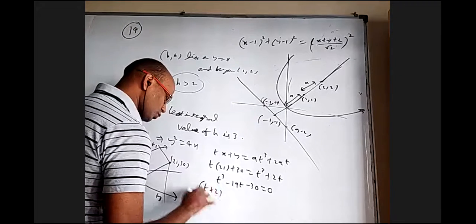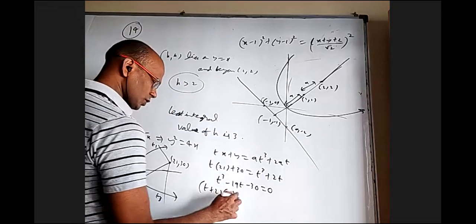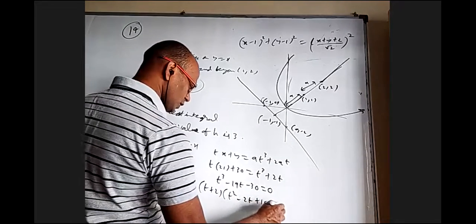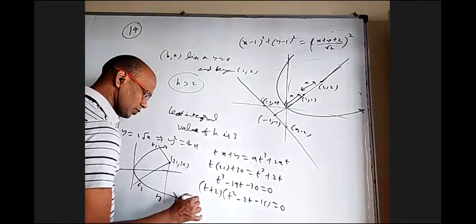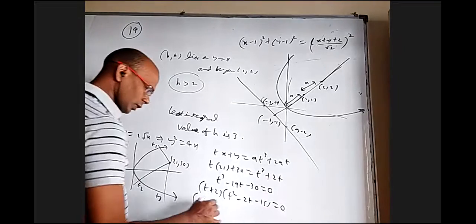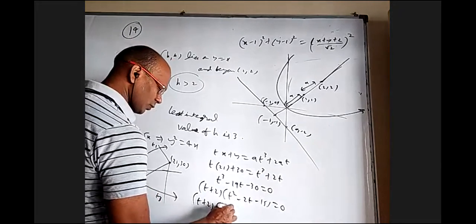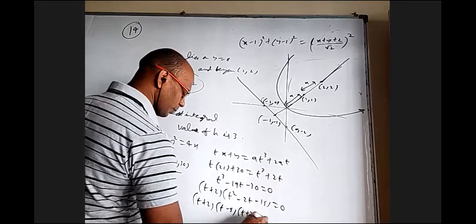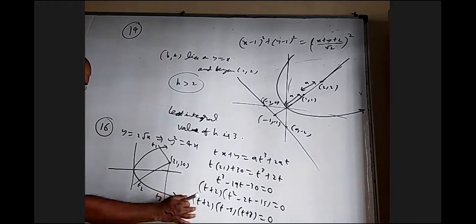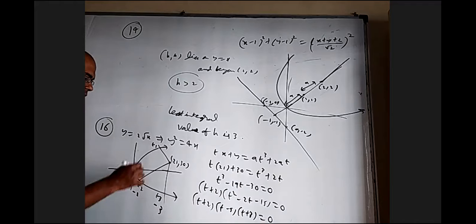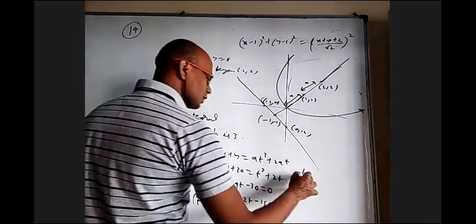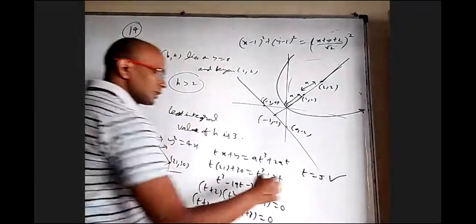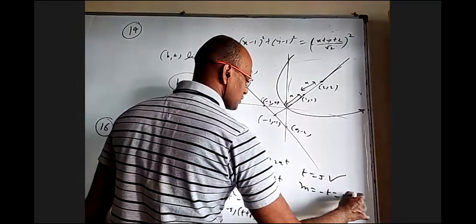Okay, so you will get t plus 2 into t square plus 2t square, so minus 2t plus 15 equal to 0. No, minus 15 equal to 0. Minus 40, minus 50, everything is fine. What about the roots here? t plus 2 into this is minus 5 plus 3. So t minus 5, t plus 3 equal to 0. So here your t value is minus 2, here it is minus 3, and here the t value is positive, which is 5. We should only take 5 and not minus 2 and minus 3 because our curve is only this. So t equal to 5 only we are going to accept. Then the corresponding slope of that normal is minus t, which is minus 5.